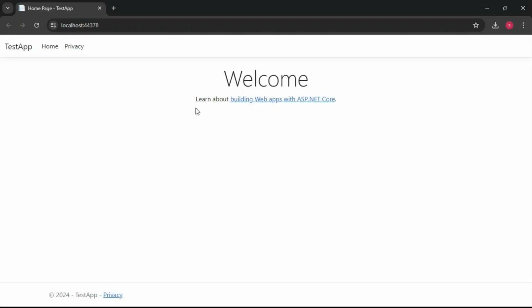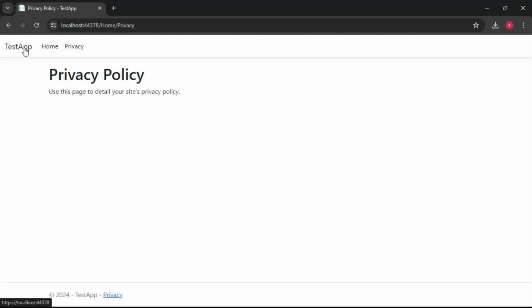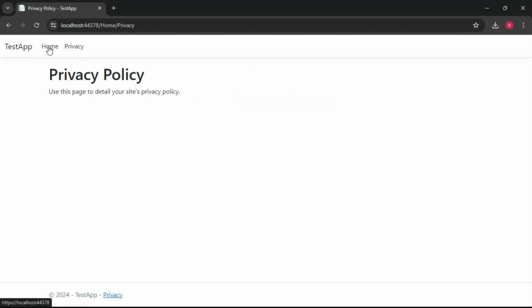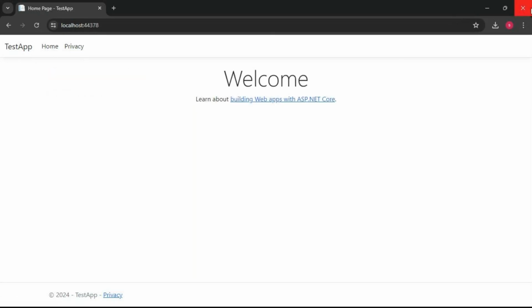See, this is the basic structure page. It got loaded. It is a home page and a privacy page. That's it. The project name is considered as a logo. We created our project name as TestApplet, so this is how it looks actually. So this is how we implement a .NET project. Okay. Now let us